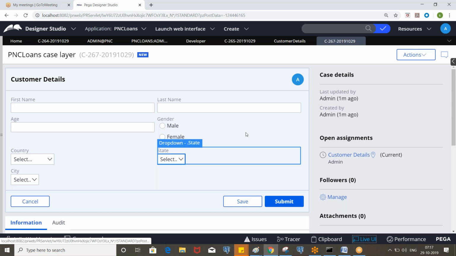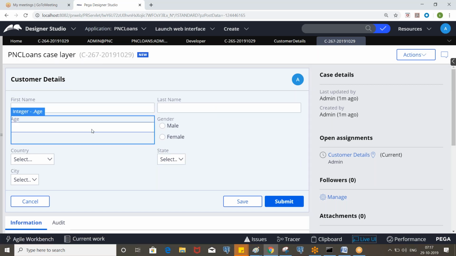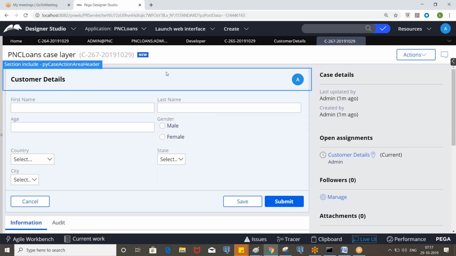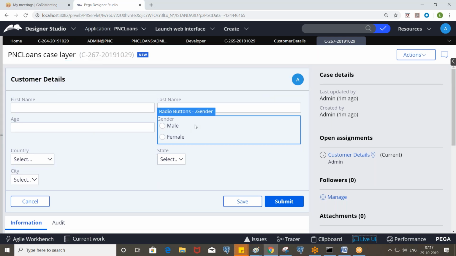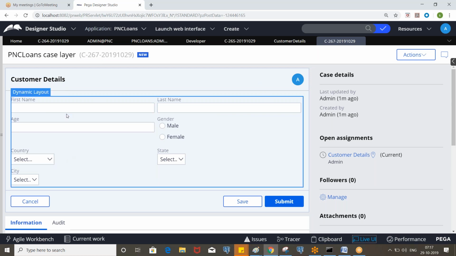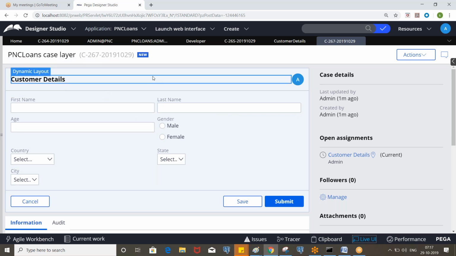Through live UI, you can identify it. Let's say some sections are withdrawn and some are not available, but those will not be executed here. Whatever rules you see here, that is the most appropriate rule executed as part of the flow processing.